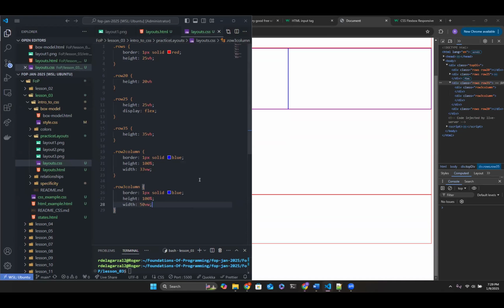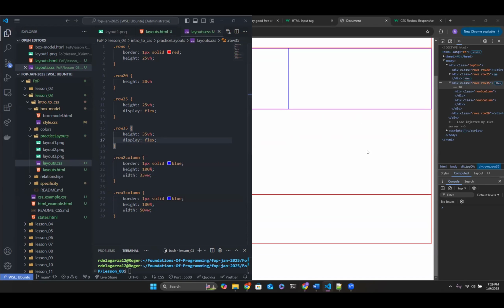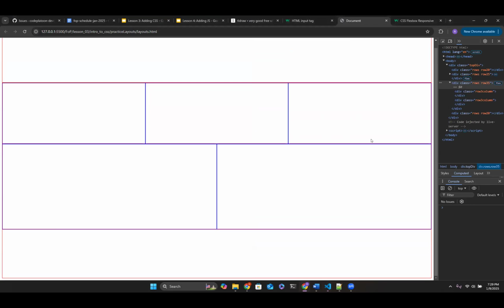And now we have to align them. So I want to manipulate the row they're in. I'm going to go over here and say display flex. And there you go. We successfully replicated layout 1. Make sense, y'all? Yep. Do I have any questions on how I achieved it? I'm sorry if I confused you a little bit there with the flexbox. I was doing it in the wrong area, which is why it wasn't working.